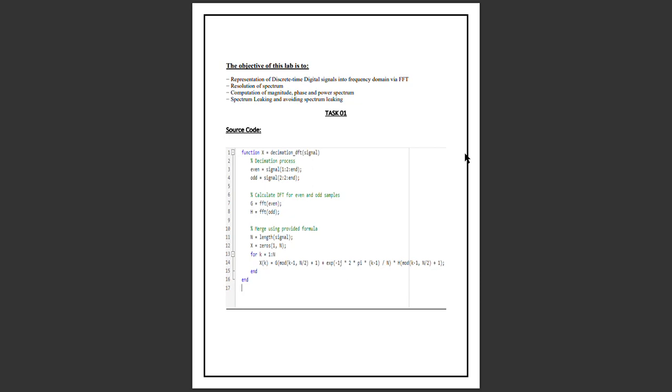Here we are doing this lab by the decimation in frequency method. In task 1, here you can see the input of this task 1 in which we are doing the following. First we write a MATLAB program to validate the above given decimation, and then in the program we first divide the